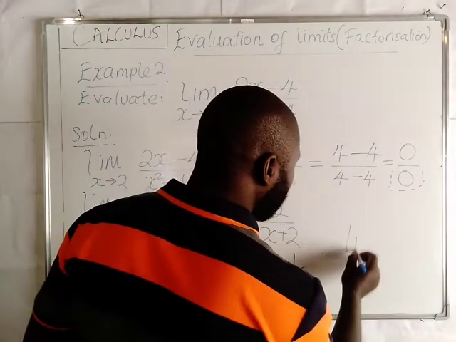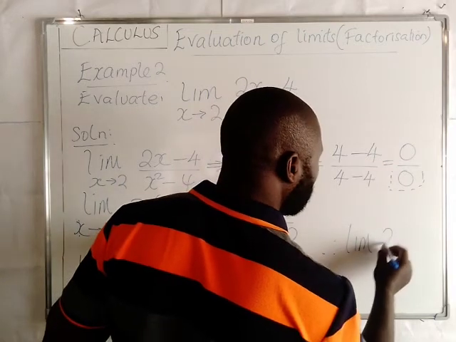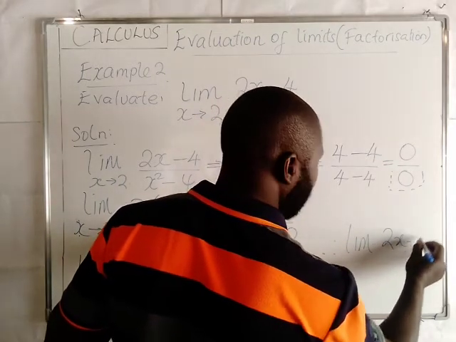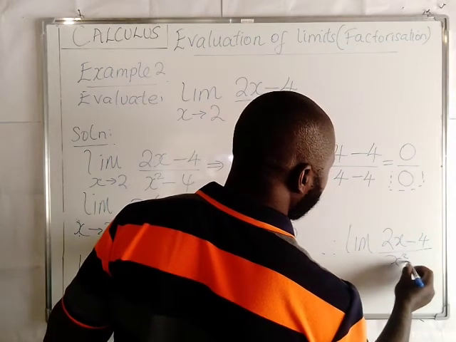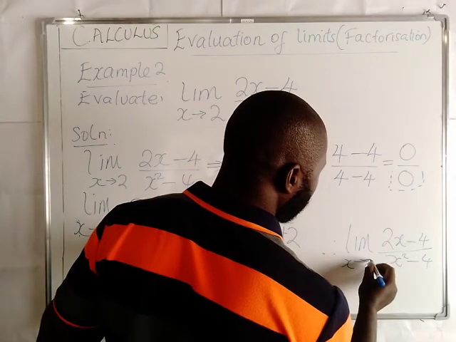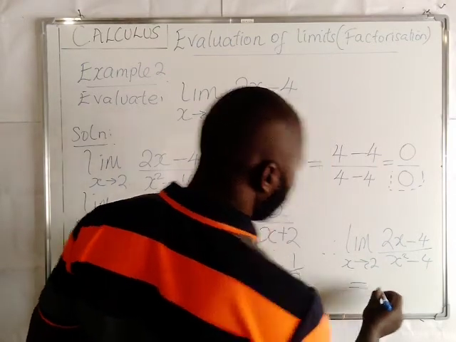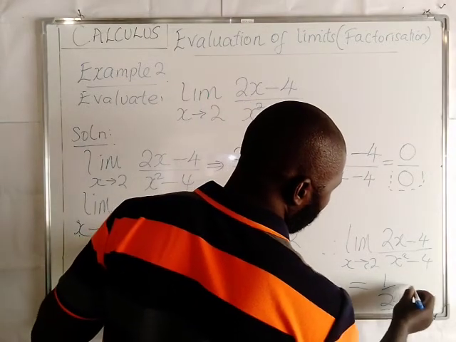Therefore, the limit of 2x minus 4 over x squared minus 4 as x approaches 2 is equal to 1 over 2